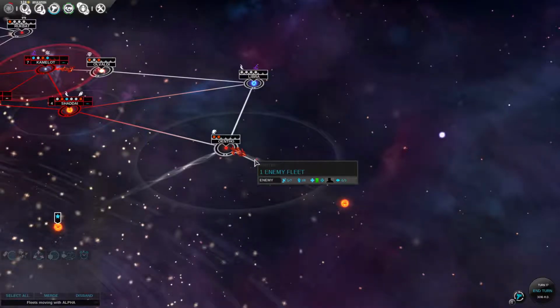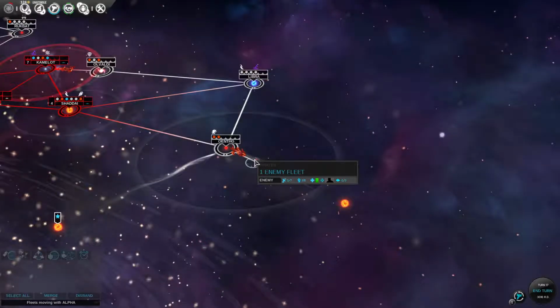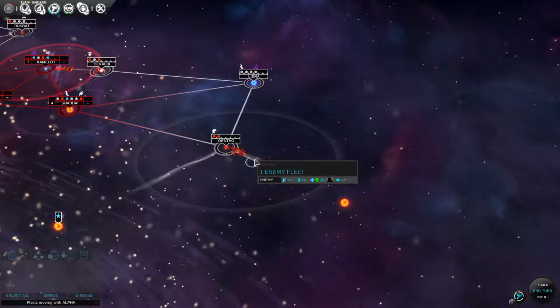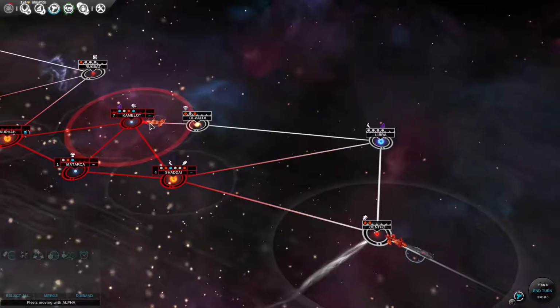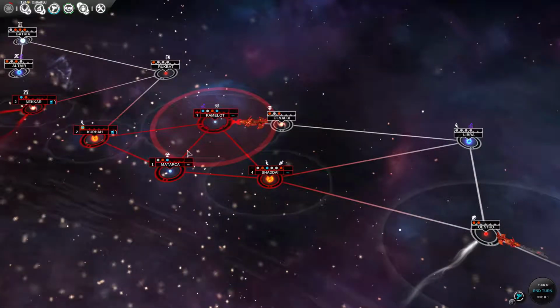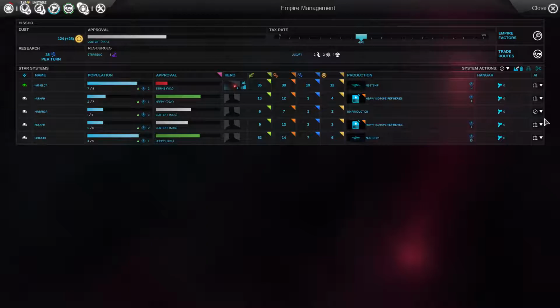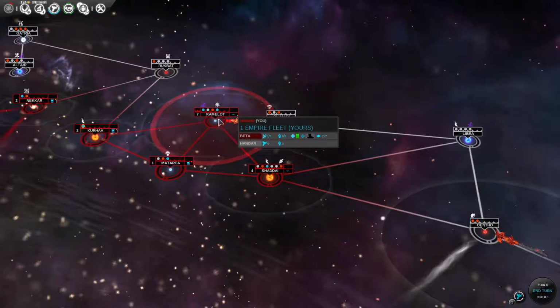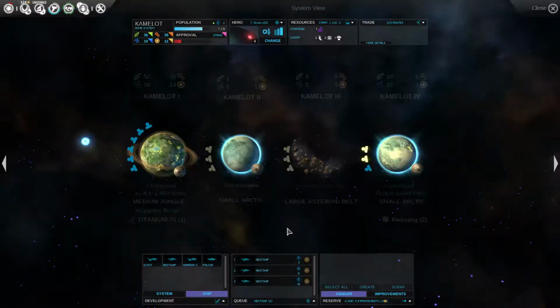So it looks like they have 315 military power. They might have 3 ships in their fleet there. We don't really have the manpower to deal with them. So I'm going to set that to that. So what I'm thinking is...